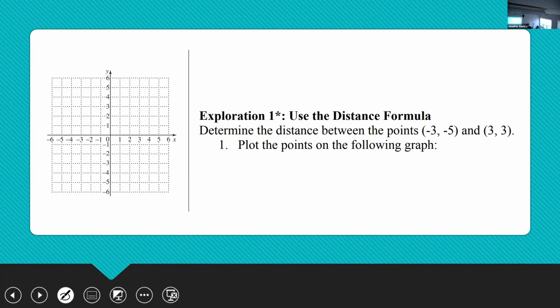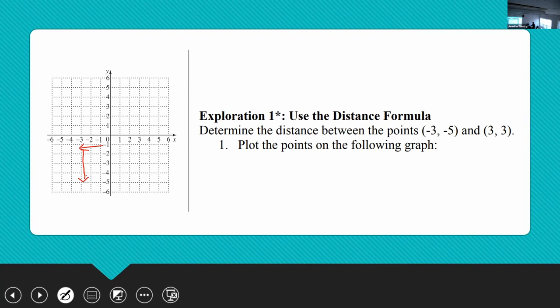You're awesome. 3 to the left, 5 down. Okay, so put a dot, 3, 5 down. Oops. Did I do that? Yes. I won't touch the board. Just to make sure, the